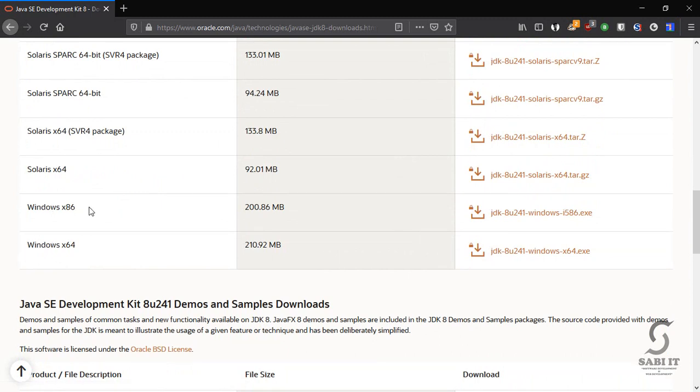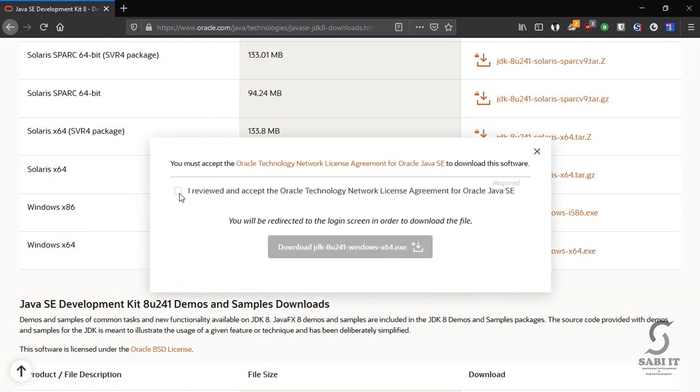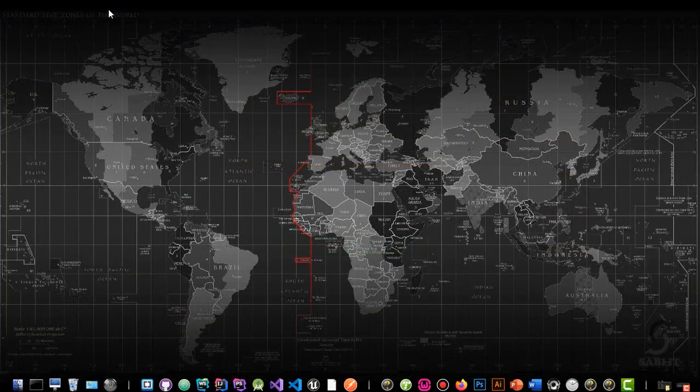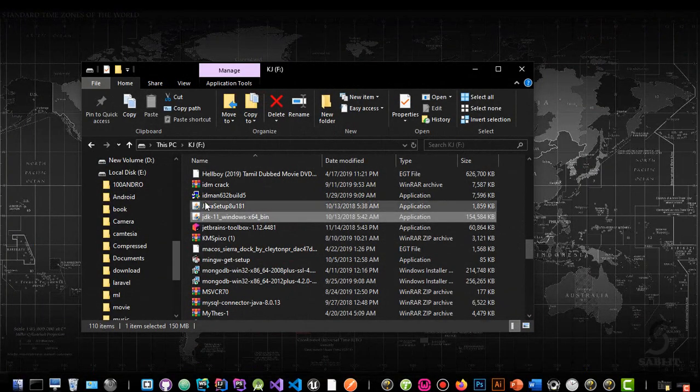Here, this is for Windows 32-bit, this is for Windows 64-bit, and you can click this link and accept the license, and you can download the JDK 8 version. I already downloaded it, so I close this and click here. I downloaded the JDK 11 version, but the JDK 8 version is good to install, so you go with JDK 8. Click yes